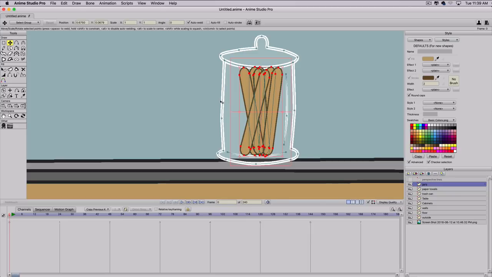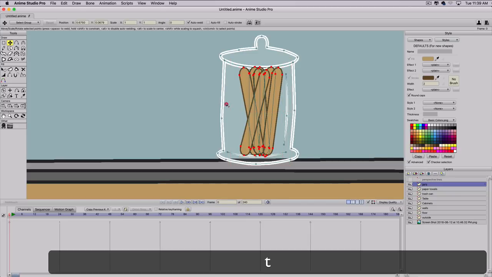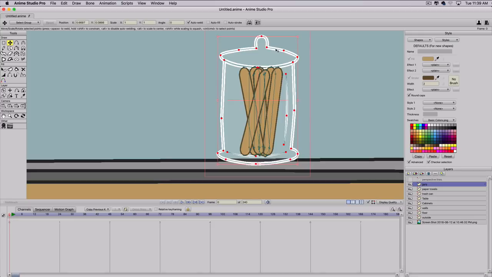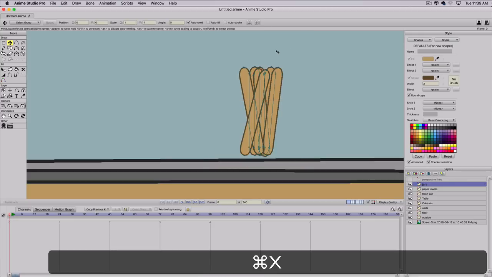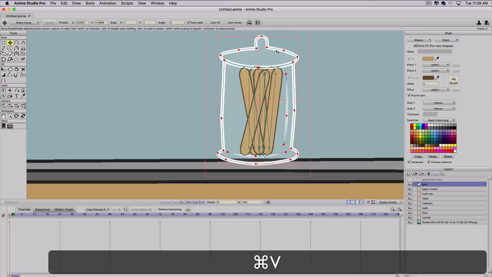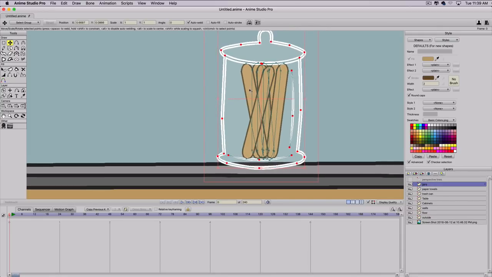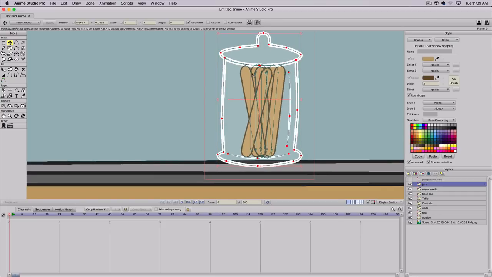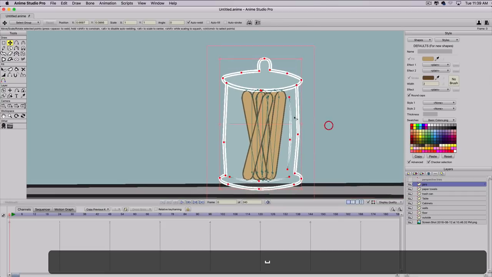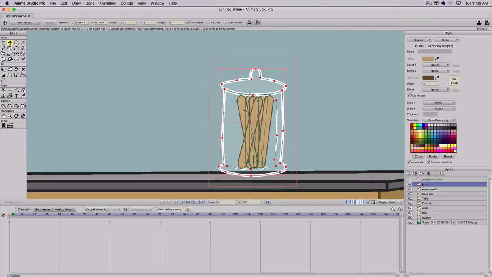Then I'm going to select the jar, hit T. I'll select the jar, hold Shift down, click on those reflections and the jar top itself. I'll cut it, Command X, and then Command V to paste. Now it's above. I don't know if you guys can tell, but it looks like they're inside the jar now. There's a little bit of white on the jar, so if I